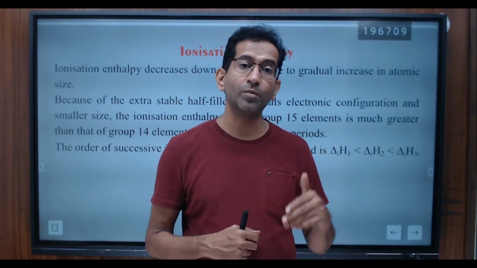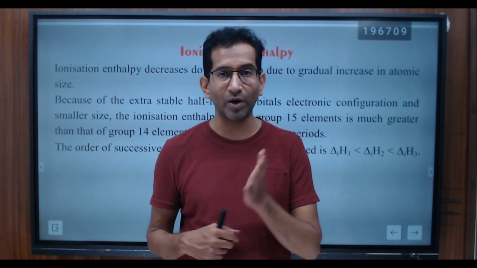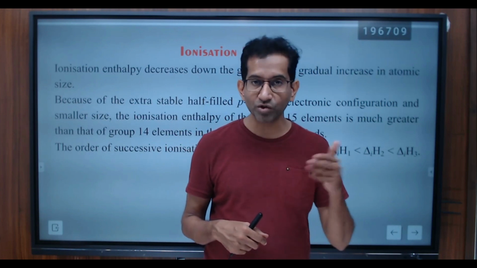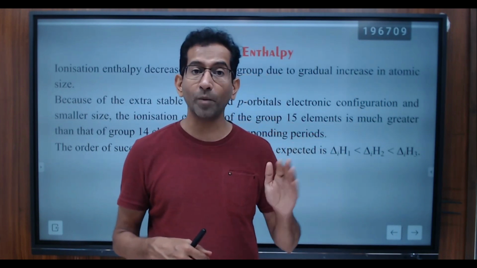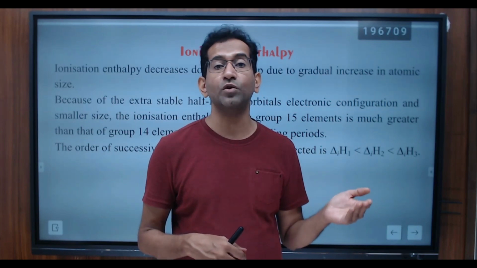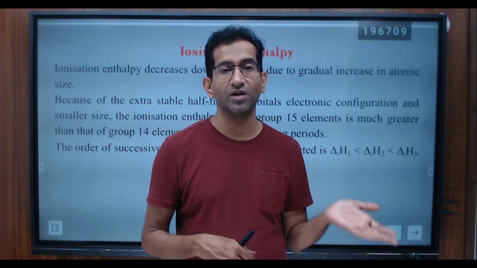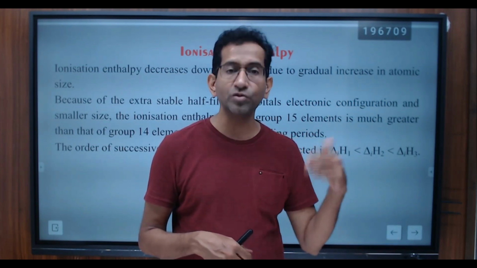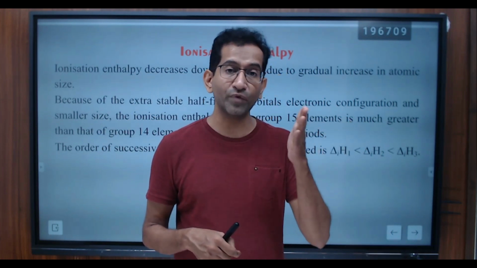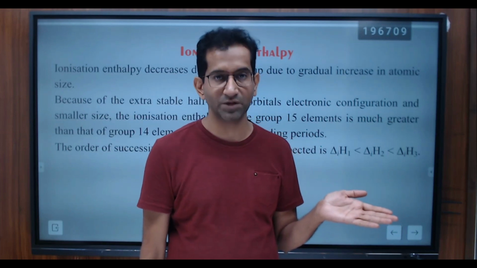So the elements of group 16 have a tendency to release the electron easier as compared to elements of group 15. So if we compare the ionization enthalpy of nitrogen and oxygen, oxygen though being on the right hand side, we expect that its ionization enthalpy should be higher than that of nitrogen, but to achieve the stable electron configuration of nitrogen, that is 2s2 2p3, oxygen easily releases electron. So elements of group 15 have higher ionization enthalpy even as compared to elements of group 16.